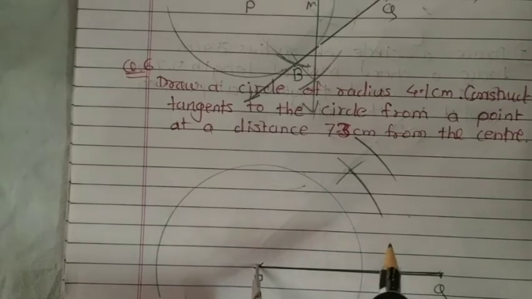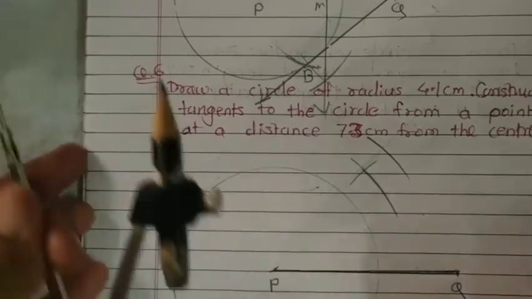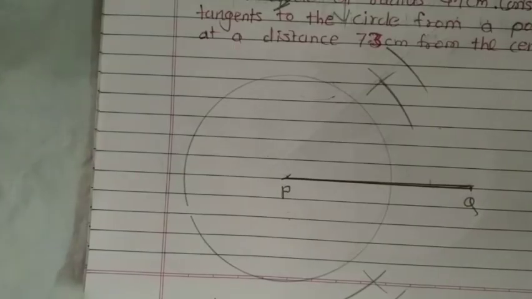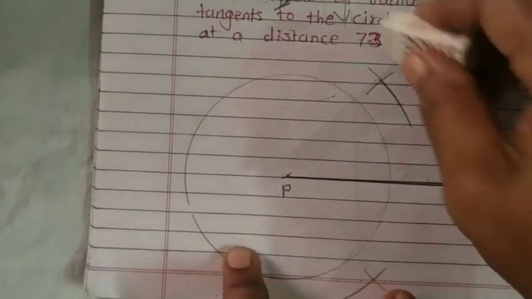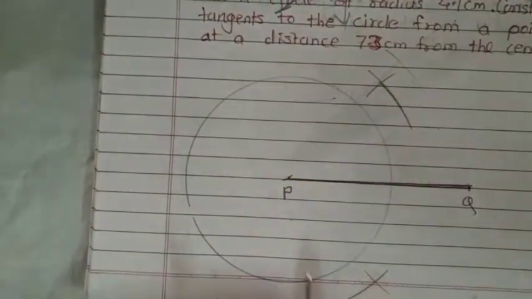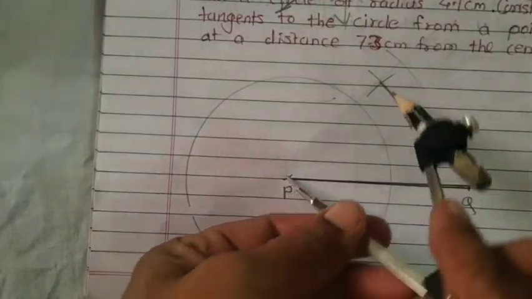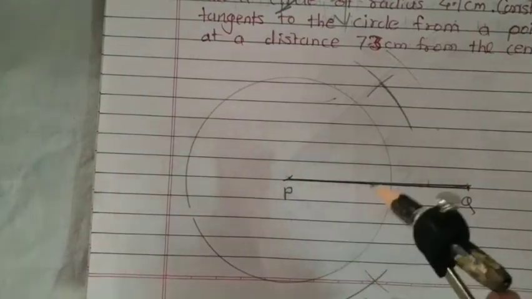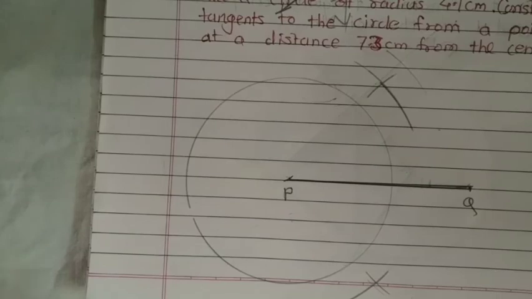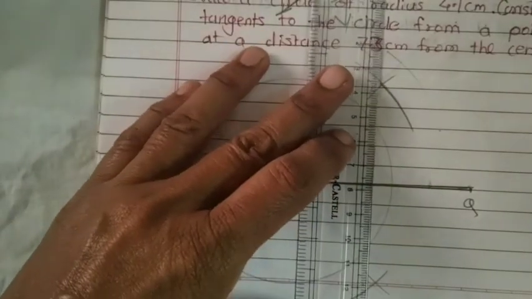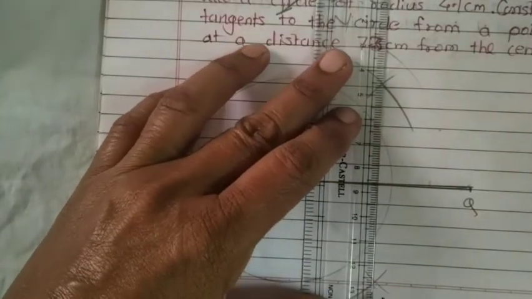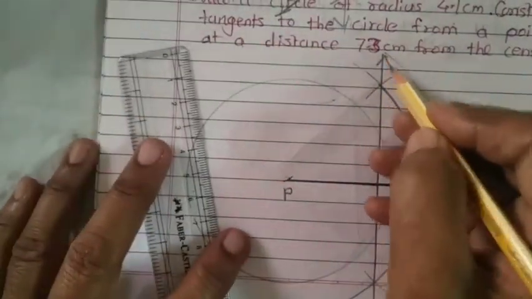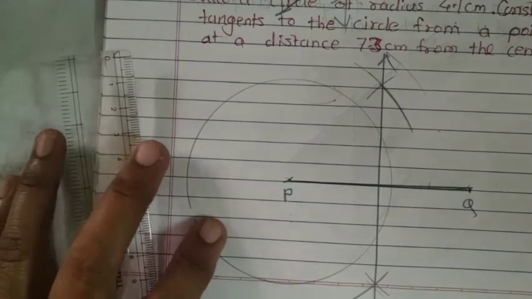Here always use a proper distance. I am repeating here because of a video problem. See here, taking a proper distance more than half, draw this arc from points P and Q, here also P and Q. Then by joining these two intersecting arcs, this line is the perpendicular bisector of segment PQ.